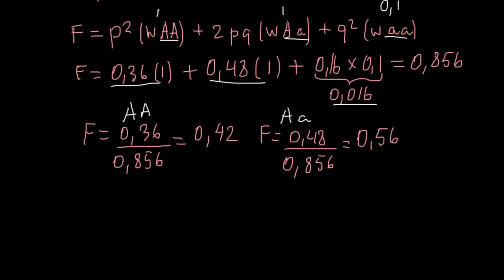And for the homozygous recessive genotype, that is small a, we are going to get 0.016 divided by 0.856, and the answer here would be